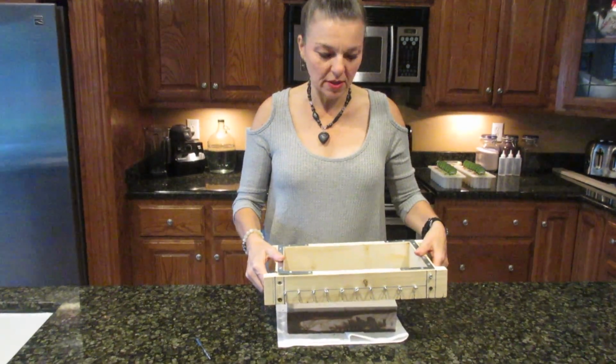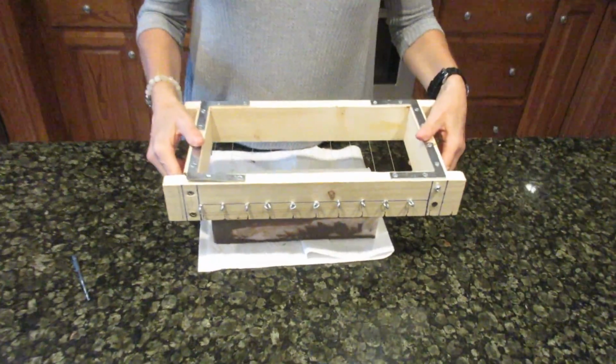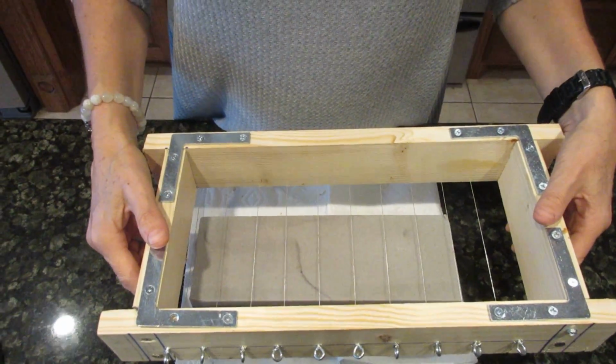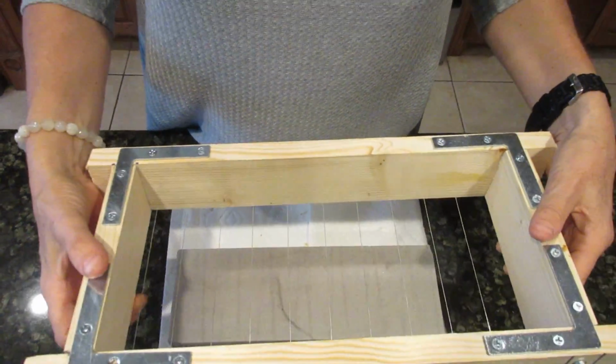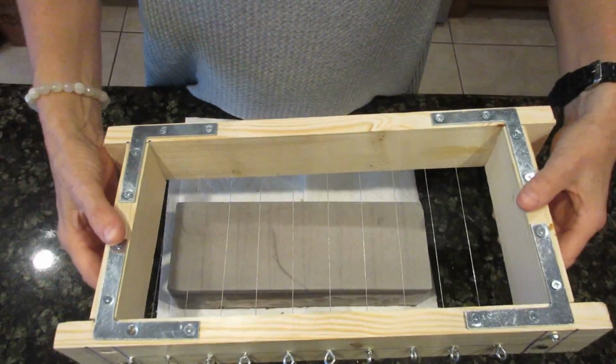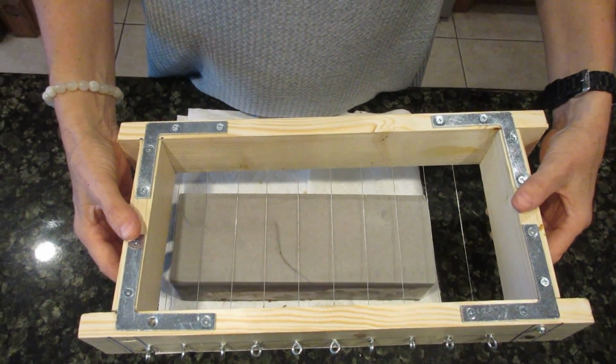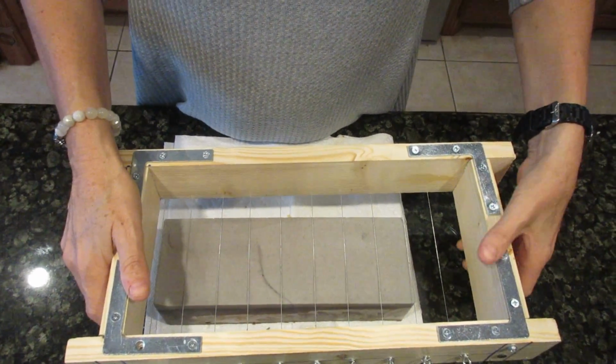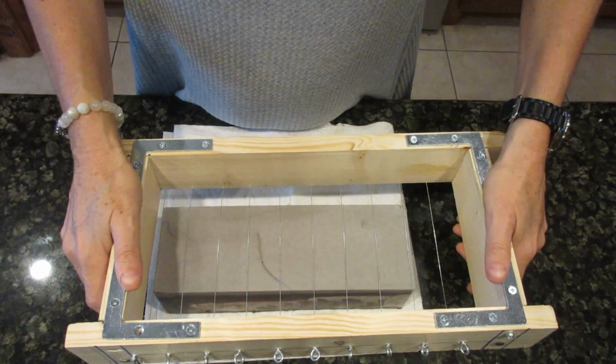So if you can come in and look on top, Bobby. I might need to come around. Can you see what I'm looking at? Okay, so I'm going to line this one up with the edge of the soap right here. That's actually not going to cut anything. And then I'm just going to push through,